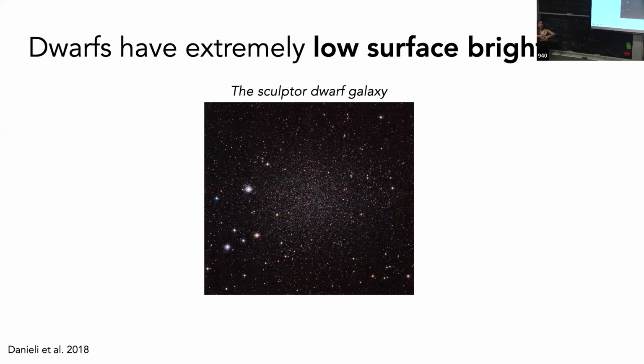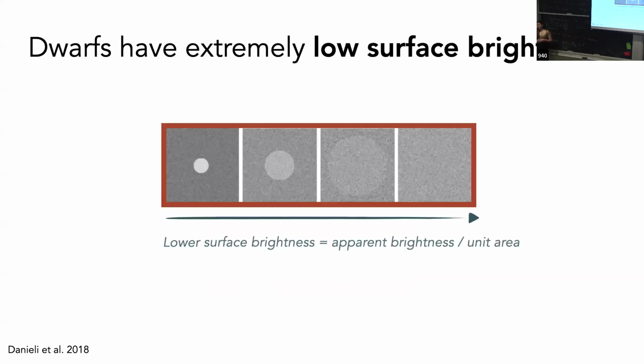But when we look at this galaxy further away, we see these smudges, right? So we need to think about, this is a very basic Astro 101 figure, so sorry, but I'll go over it really quickly. We need to think about these things in terms of surface brightness rather than brightness, which is the brightness divided by unit area. So all of these 4 circles or galaxies have the same total brightness, but the one on the right there has much, much lower surface brightness, right? So this is what we need to talk about.